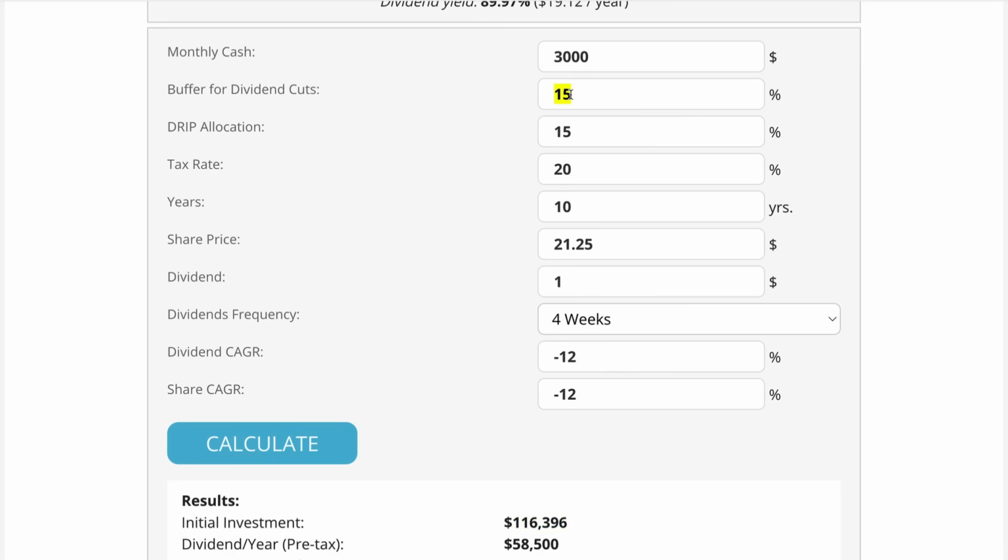Let's say we don't need the buffer. Okay, let's say we don't want to take extra cash out. We just want to pay for the mortgage and continue dripping. All right, and let's say that we do it on a margin. And so if you borrow about 100 grand on Robinhood, the current margin rate is about 5%. So we'll call it 25% tax, and that includes the margin in it because it's an expense that comes out